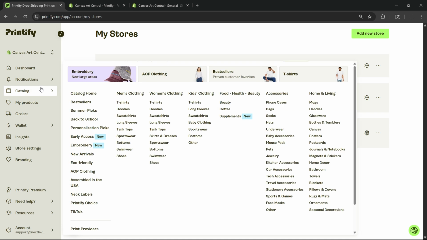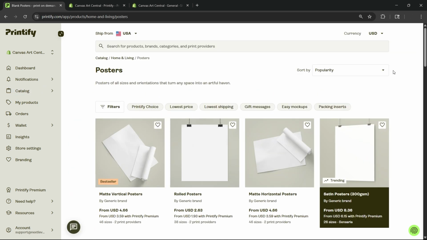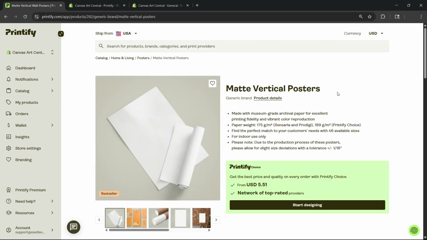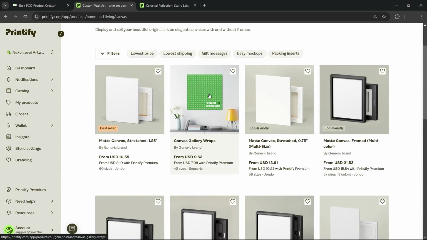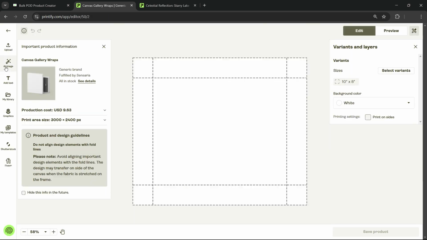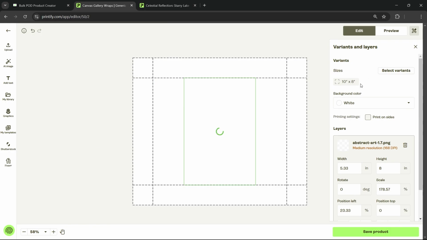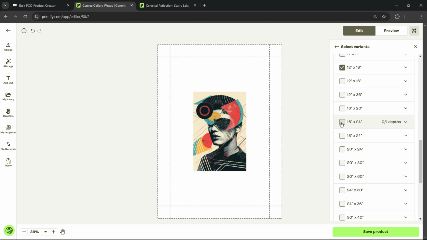Now you can simply come to the catalog, find the products that you want to create, and start populating your store with some dope ass products. If your plan is to build a large collection of products on your store, what you'll find is it's an incredibly boring, tedious, repetitive process to come here, find the products, select the variants you want to use, choose the sizes, upload the artwork, position it, make sure everything is sized correctly, and then you come here, you go to